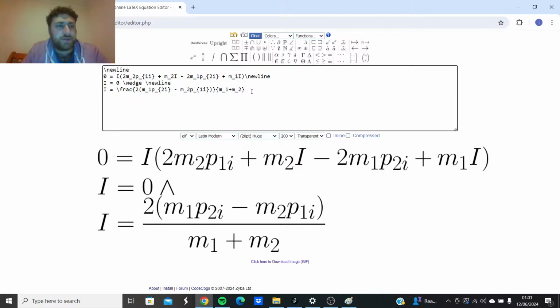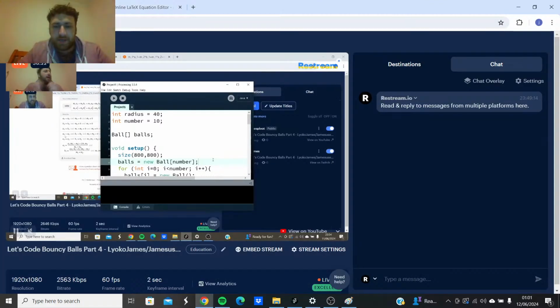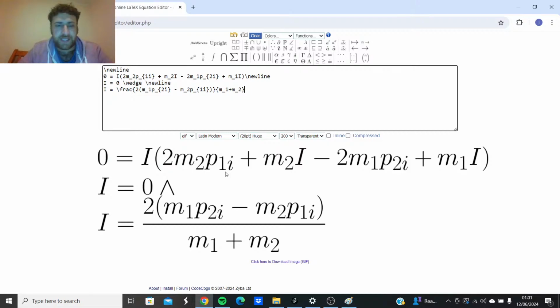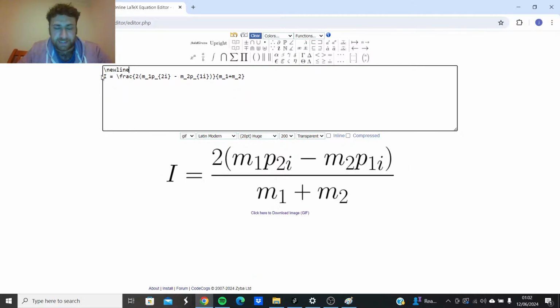Now what I want to do is make the two balls run this equation when they bump into each other, right? Basically, we want to calculate the momentum, add this to the momentum, divide by the mass. Or, in other words,